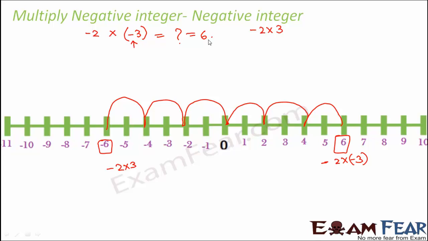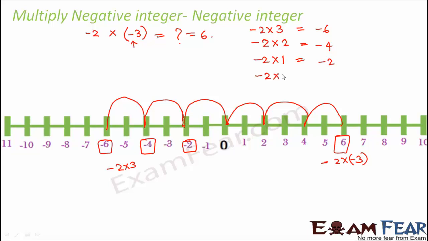So let us do this exercise. This is more interesting. Now I said that minus 2 into 3 is minus 6. I hope you are convinced with this, right? Now let us see what would be the value of minus 2 into 2. That means minus 2 repeated 2 times. So you reach minus 4. So this is the value of minus 2 into 2. Now let's say minus 2 into 1. That means you just add it once. So you get minus 2.